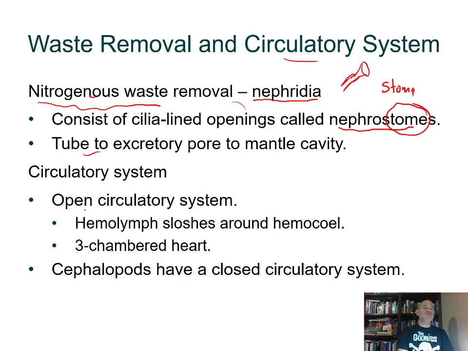And in the circulatory system, all the mollusks have an open circulatory system, just like was discussed earlier, where eventually their fluid, which is their blood, or hemolymph, we'll call it, actually leaves these relatively small blood vessels and then just moves around within the chamber that's part of their body cavity called the hemocoel. And so coel means cavity, right? And they do have a heart that is the motor for this to pump it around. Now, the cephalopods, which are the octopus and the squid, those have a closed circulatory system, so their blood stays